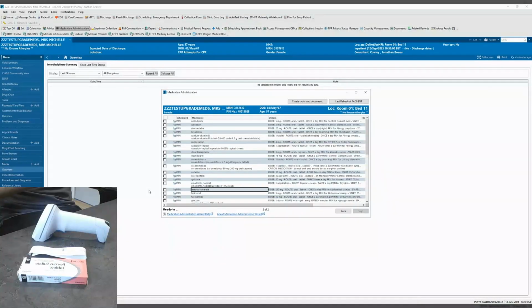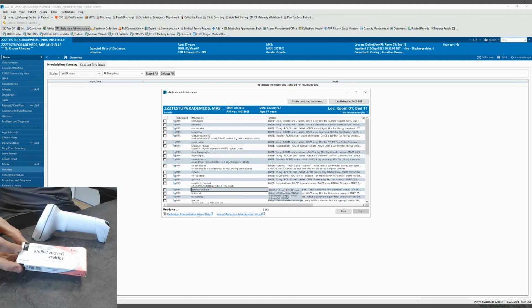In this next example, I'm going to show you how to administer the right medication at the right time. So this first example is ferrous fumarate prescribed, but ferrous sulfate has been scanned. So as you can see in my patient's record, we have an order for ferrous fumarate. The dose is 210 milligrams. As an example, if I had a ferrous sulfate 200 milligram box and I scanned this,